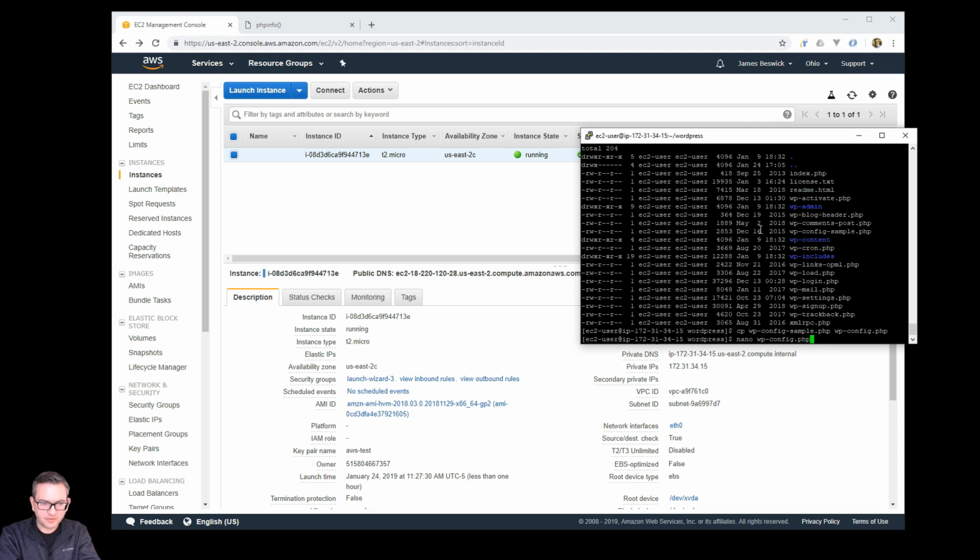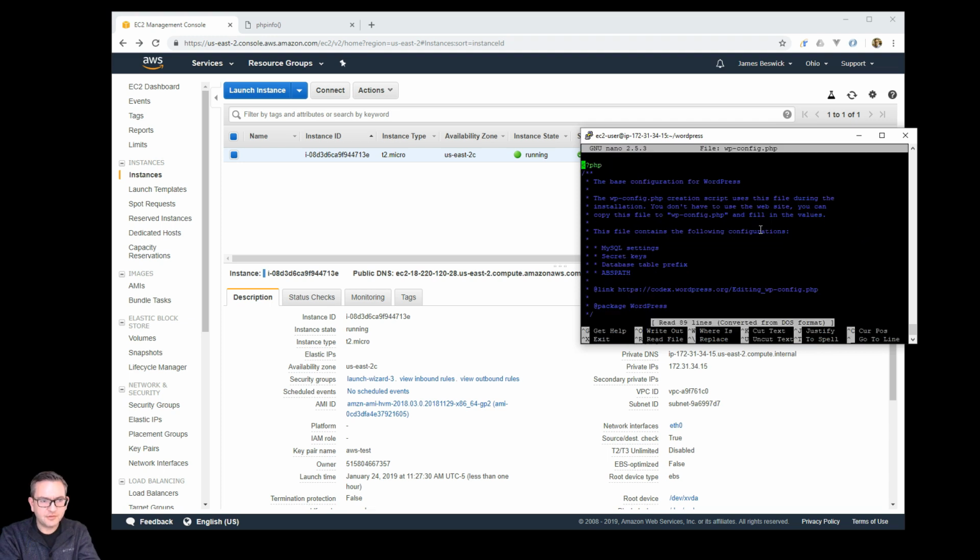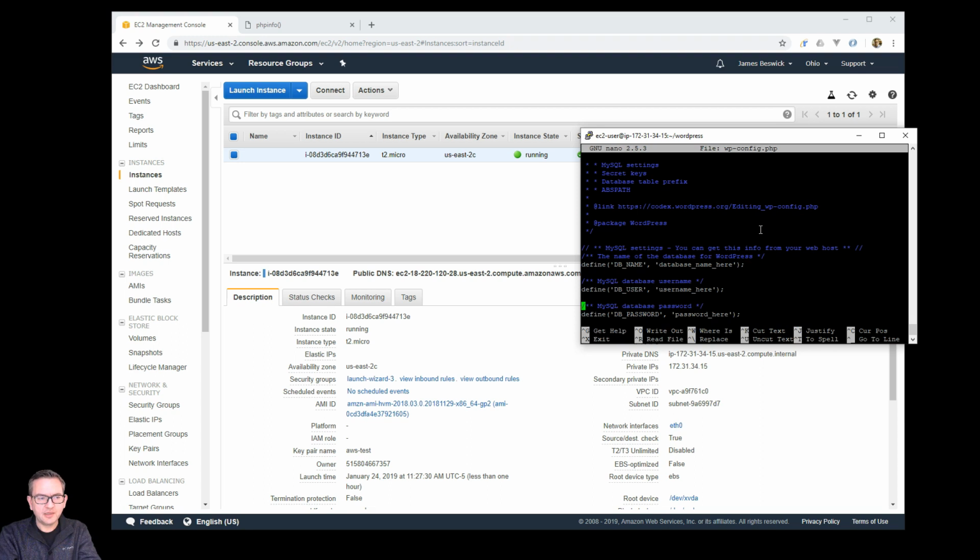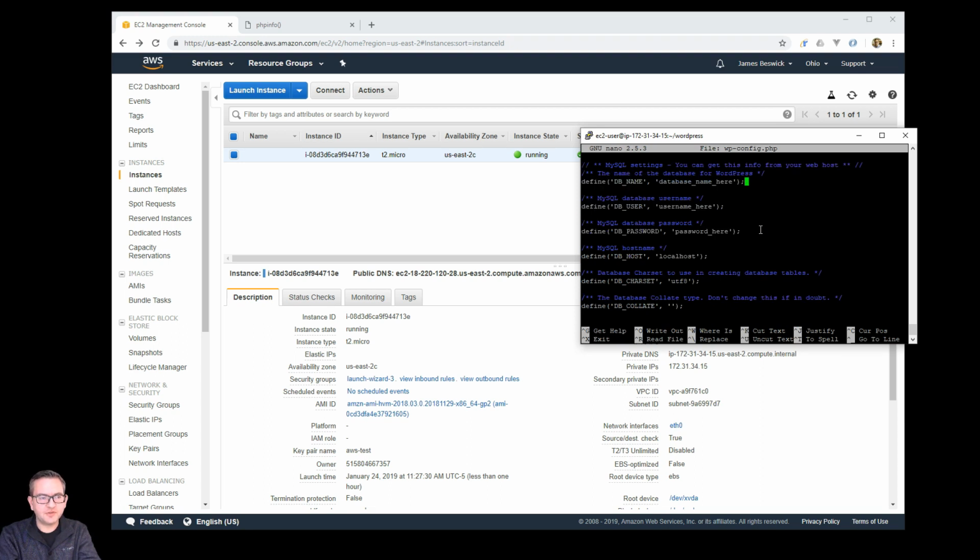If you really love to, you can use VI, Vim, or any of the other preferred text editors. And this comes up with a list of defaults and tells us where we need to put those values. So in our example, we set up our WordPress database as wp-db, our WordPress user,